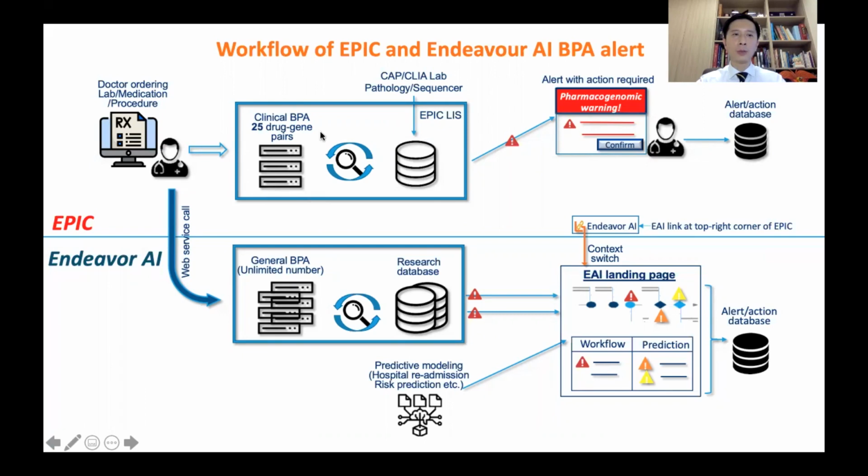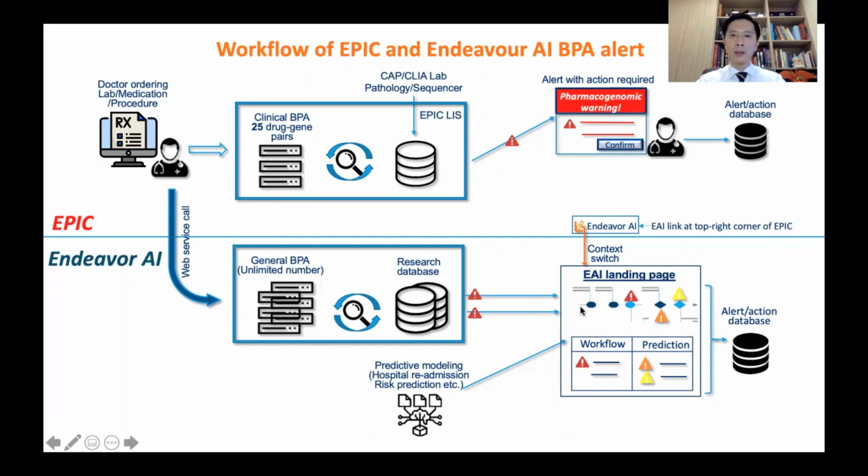Now, there's a difference between what happens here within EPIC and what happens here within Endeavour AI. So within EPIC, they are picking up clinical grade drug gene pairs that then trigger the alert immediately to the doctor. Whereas if they find a drug gene pair here in the research database because of prior sequencing events, then